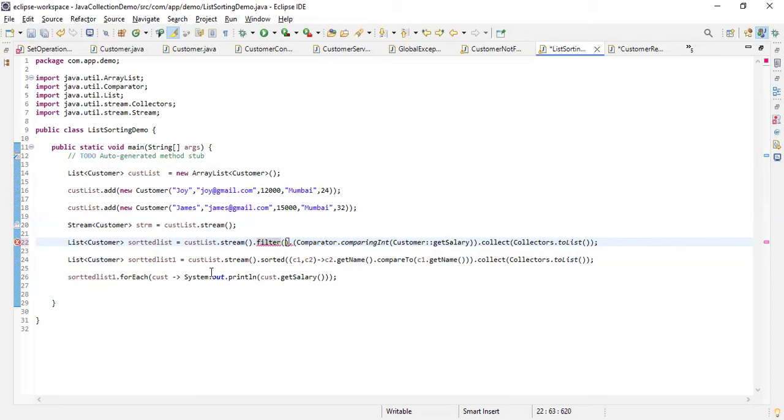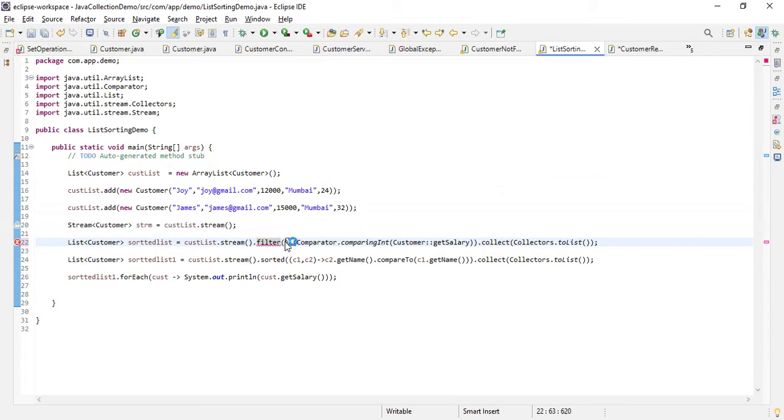There is a supplier, right? So particularly you need to understand what is that consumer, right? Consumer is taking one input, no reply, no return, right? Supplier is returning something but not taking any input, like this. So you will have these three or four types of functions. That is also something you need to understand.